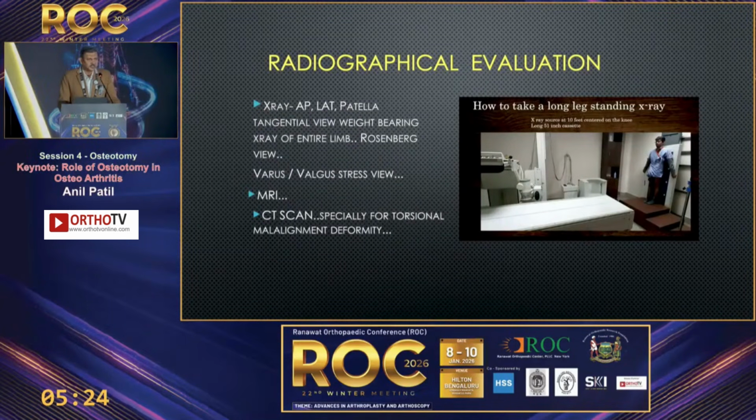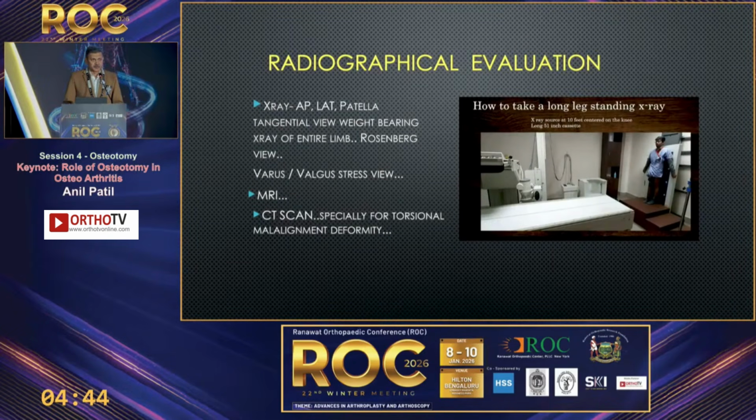The most important thing each one of us has to do when we plan for an osteotomy is the routine plain X-ray that you take in your OPD. You need a long X-ray cassette, the 55 inch cassette, and the weight-bearing X-ray should be taken with the X-ray tube and the plate 10 feet apart. The limb length has to be balanced. If there is a shortening, you need to give a raise on the side where the shortening is. This is important because the X-ray is the foremost thing which helps you calculate whether the patient has a varus or valgus deformity.